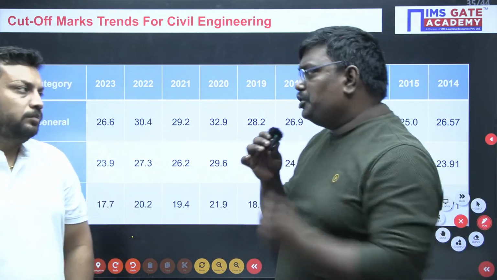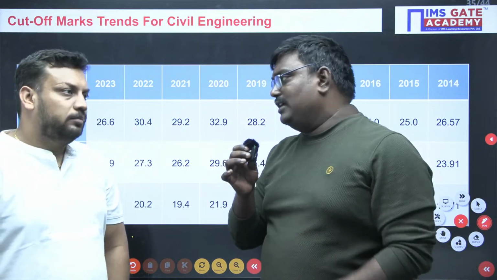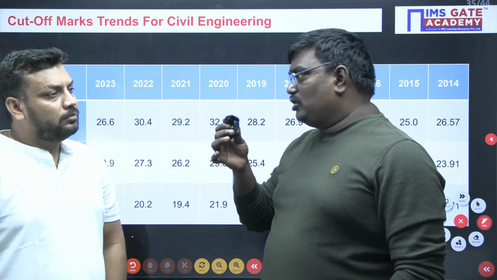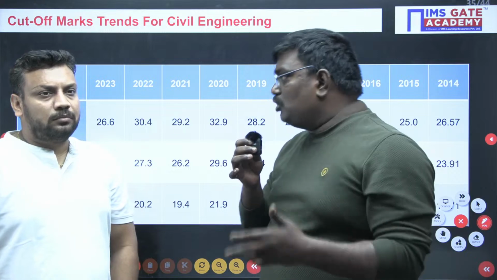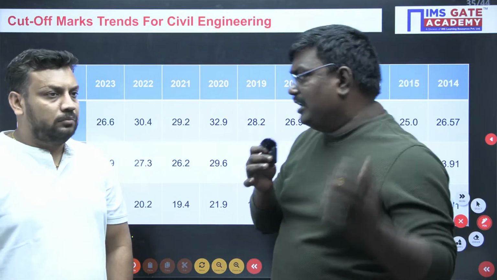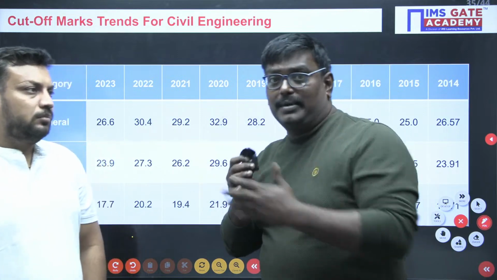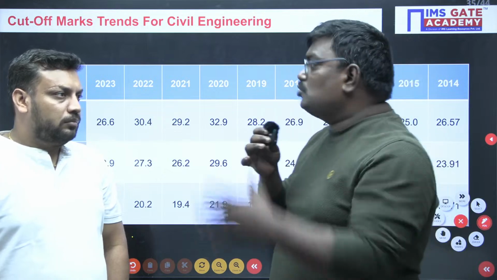Sir, I have a question for you. This year we have seen the pattern of GATE 24, mechanical and civil. What steps are you going to take for the GATE 25 students? What could be the best steps so that if they are willing to join us at IMS GATE Academy at Jayanagar or near Vijayawada Circle? As an academic advisor, as an academic director, I would like to ask you, what are the steps taken in IMS for student success?